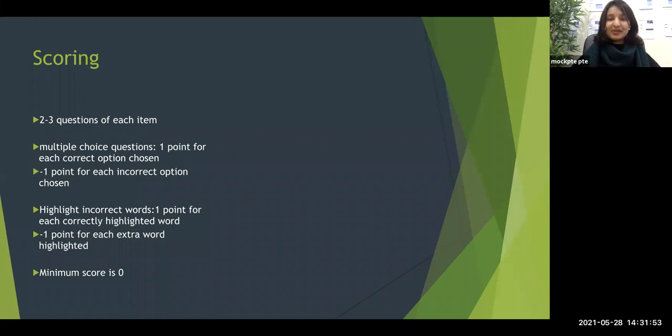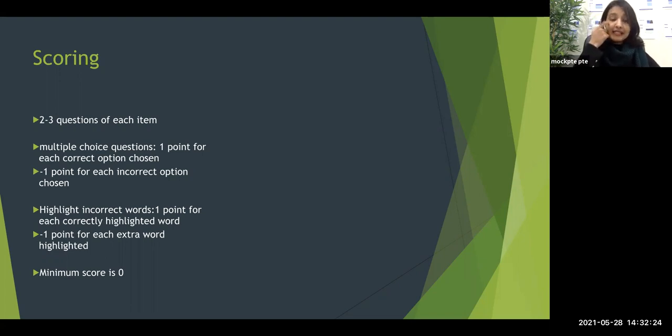So in your multiple choice question, multiple answer, since there is negative marking, do not lose the point which you already have in that particular question itself. If you chose one correct and then one wrong, you'll end up with 0. So choose only the one that you're 100% sure. And if you see an option which you're like, maybe this could be correct, it's better not to mark it. It will negate the point that you already have. And also remember, this negative marking is not going to affect another question, because the minimum is 0. Even if you chose everything wrong, you will just get 0 for that one question.